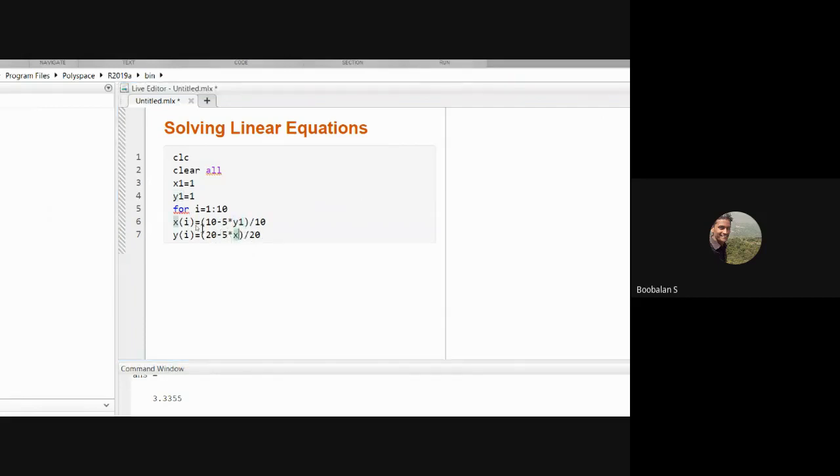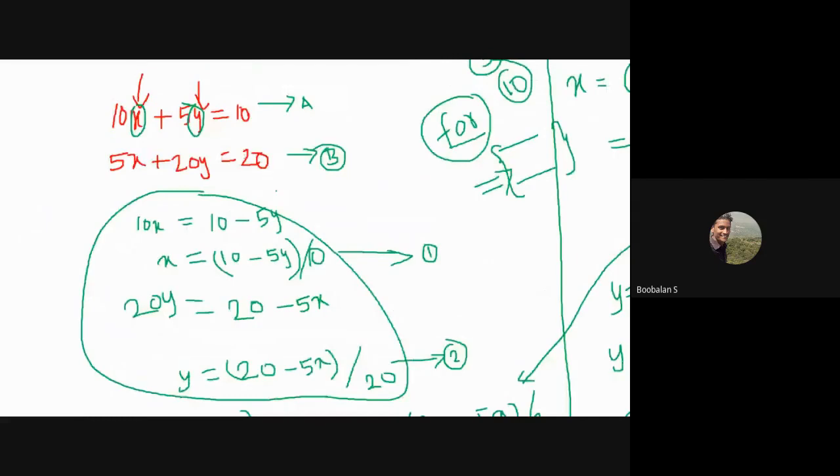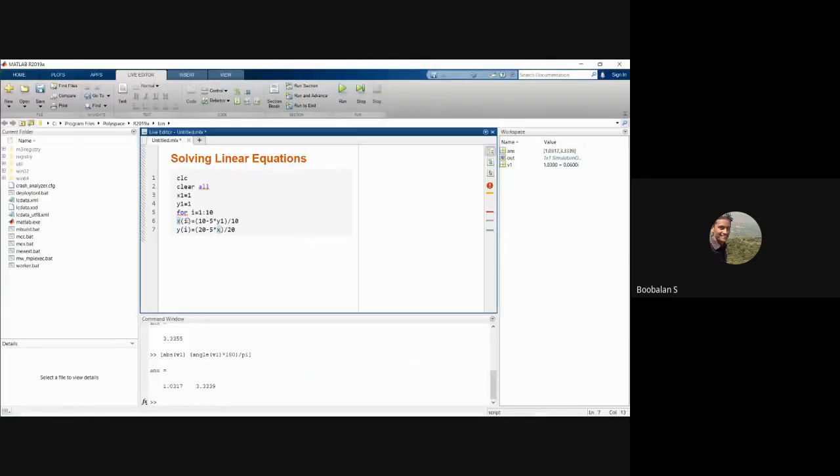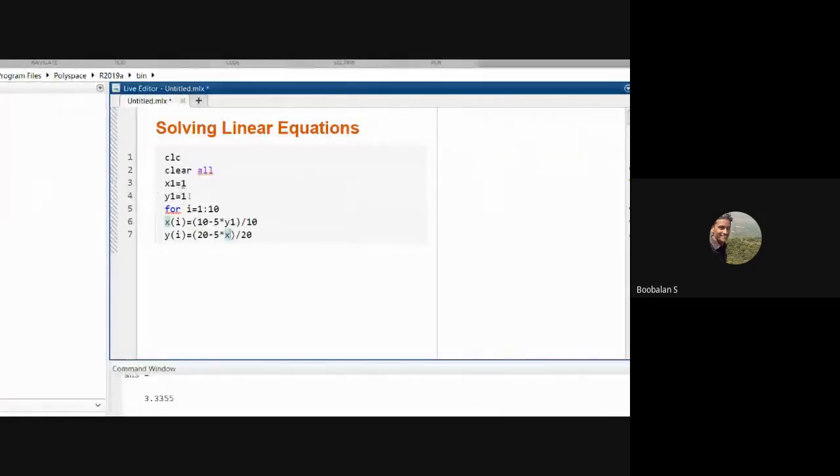So actually, over here in the method, what have they said first of all? First, the value x0, y0 we took, and from this equation, if I substitute y0, I will get x0. Immediately, that x0 is again going to be updated on my y. So what should we do here? If we initialize x1, y1 as 1, this y1 will get updated here, and after updating, x1 will be calculated.